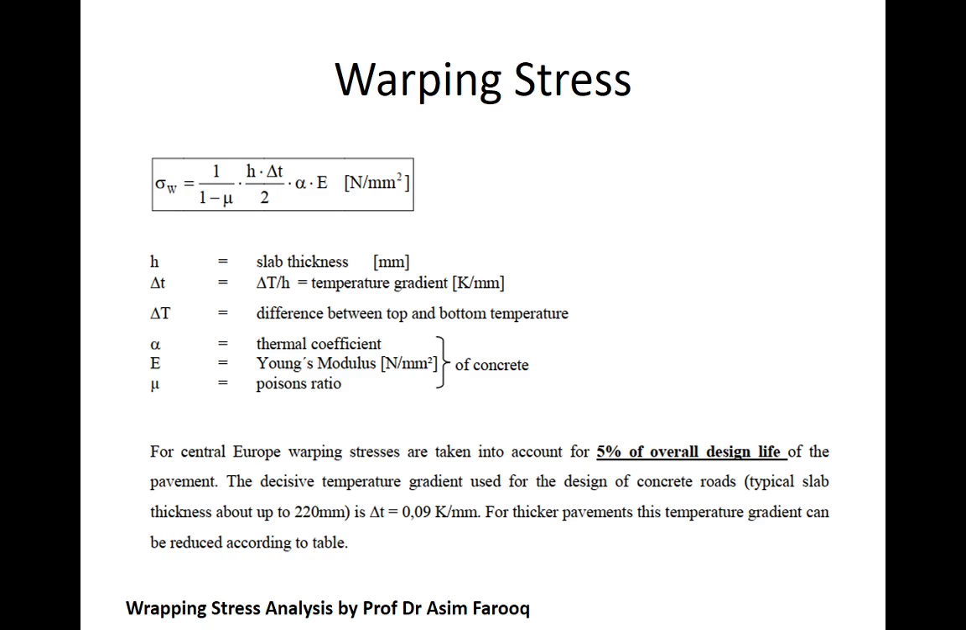This is the formula for how we can determine the warping stresses occurring in the slab. Okay, so as you can see here, sigma W denotes the stresses occurring because of warping. Mu is the Poisson ratio, while H is the slab thickness, which should be provided in millimeters, while delta T is basically the temperature gradient, which should be equal to the temperature variation divided by the total slab thickness, while delta T is also the temperature difference between the top of the slab and the bottom of the slab, while alpha is the thermal coefficient, while E is the Young modulus of the concrete. Okay,